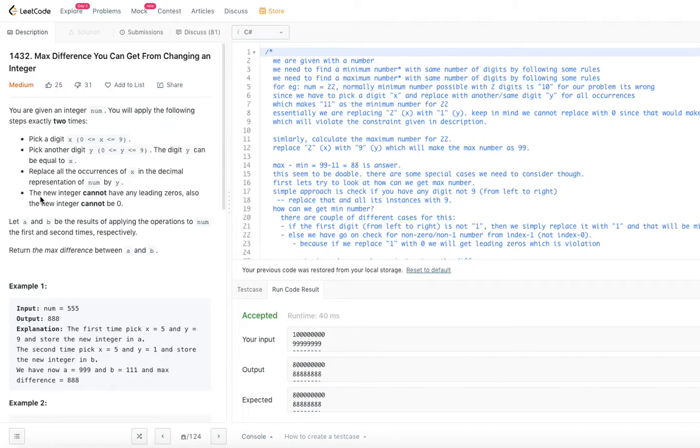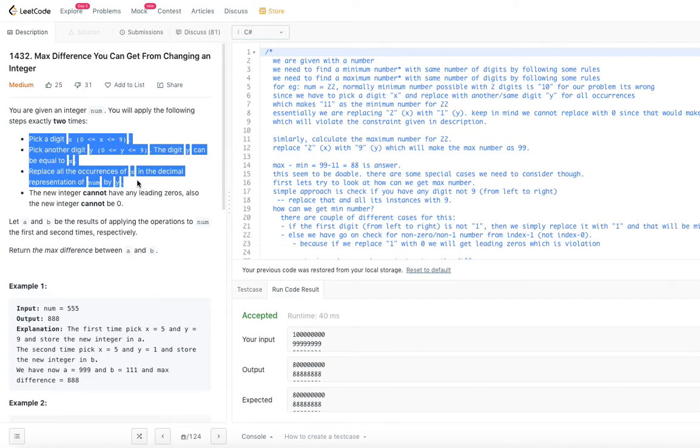Let a and b be the results of applying the two operations to num, the first and second times. So we are told that we have to apply these operations, picking a digit and replacing the occurrences, 2 times on the given integer.